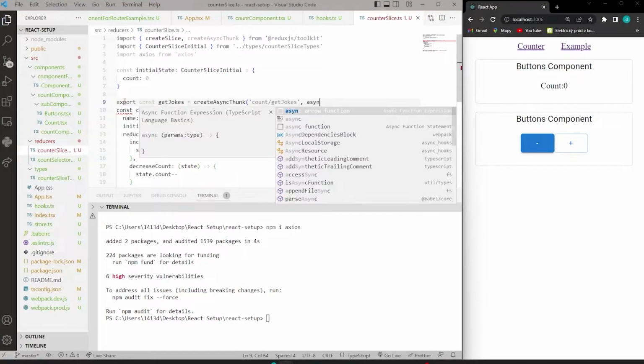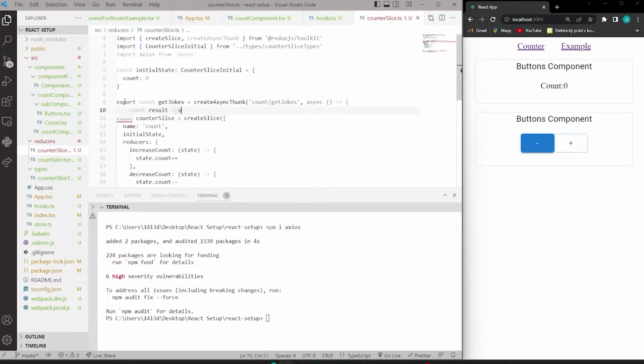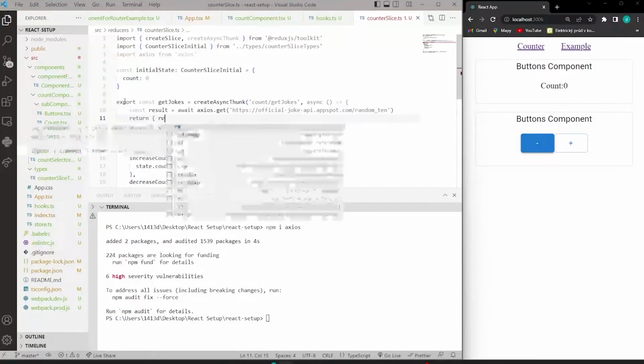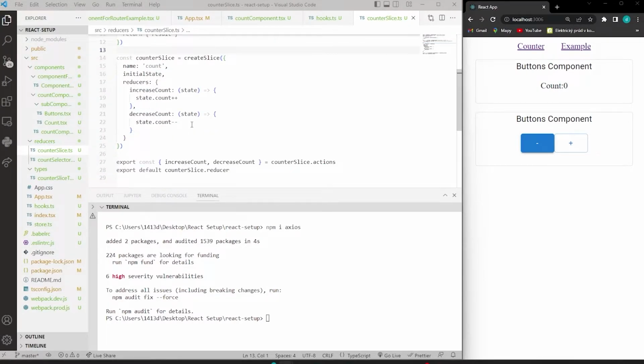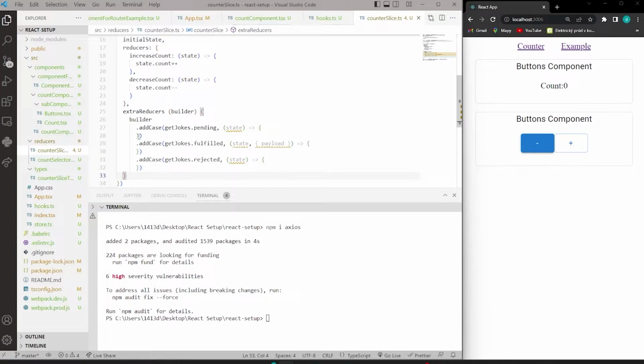Here, this naming is essential. The first part is the slice's name, and the second is the function's name. At this point I made a stinky mistake. Make sure that you only return result.data without the brackets. Really don't know why I wrote it like that. Probably autocomplete pranked me. And I will create a thing called extra reducers, and I will add 3 cases: pending,